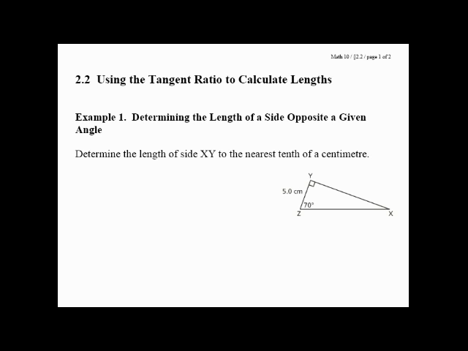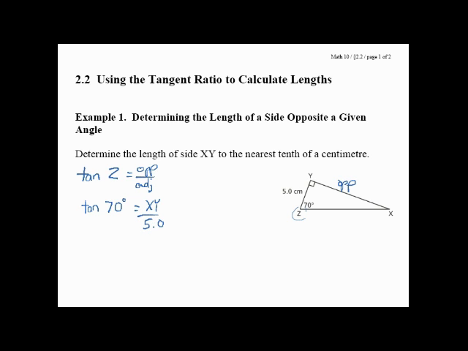So I'm going to write tan z, because z is the angle that we know about. Tan z equals opposite over adjacent, because that's what we always write for tangent. The angle z is 70 degrees, so we're going to plug in our numbers now. Tan z equals opposite, which we can call xy, because this is the opposite here, divided by the adjacent, which